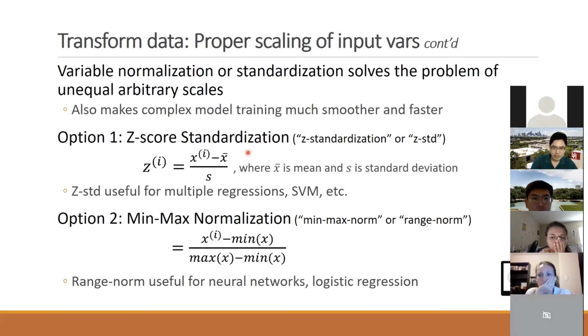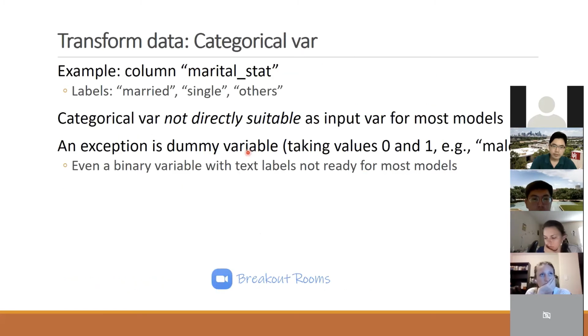Yeah, so this is categorical. Any questions about scaling? Great. So data transformation about categorical variables is